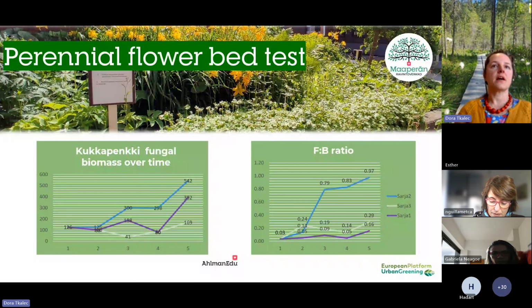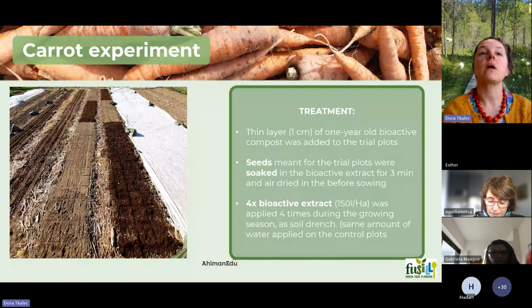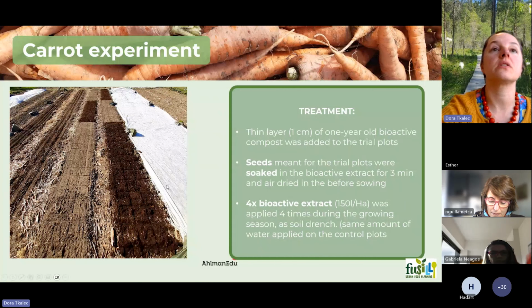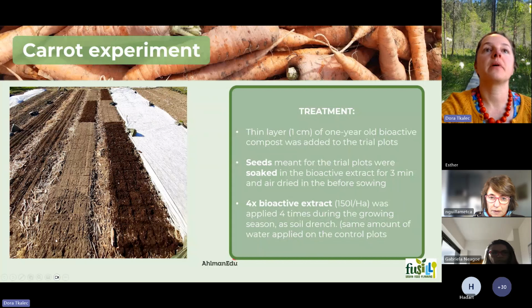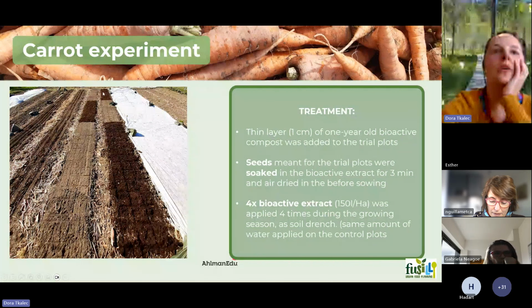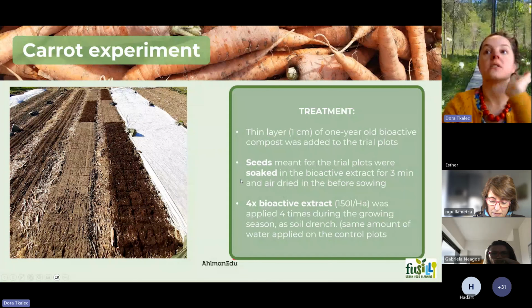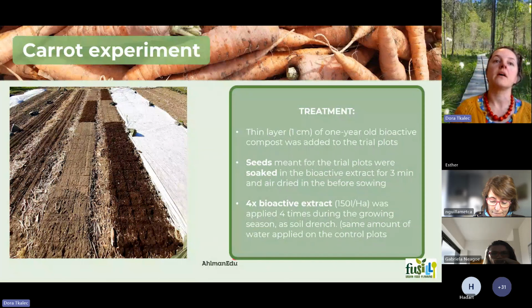Okay, this is another experiment. This was done in our vegetable garden last year as well. We have these 2 plots for carrots. This is a permanent bench cultivation, and these 2 plots were actually divided into 3 different trial plots and 3 different control plots. What we did is we put a thin layer of last year's compost, and then we treated the seeds with the bioactive extract. They were just soaked for a short period of time and dried, and then